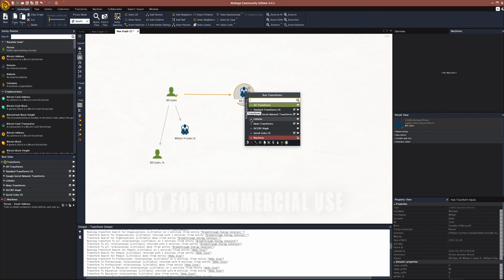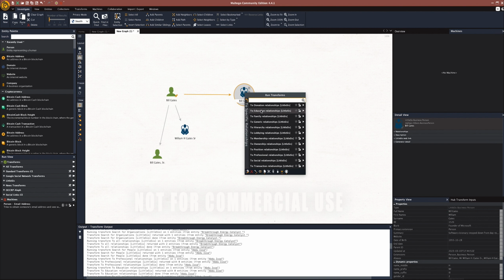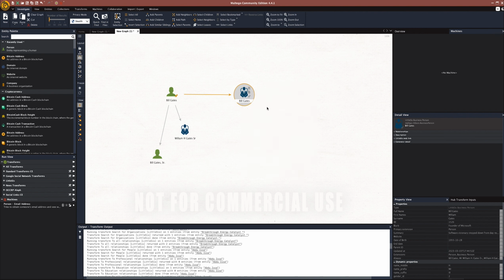transformations we can do. So I go to LittleSis, and you notice there's a to all relationships. It sounds a little vague, but what that means is it's going to look for every relationship in their repository on this individual. There's also a to specific relationships. So maybe you don't care about education or family, but you want to know about donations this person has made. Well, you could click that,